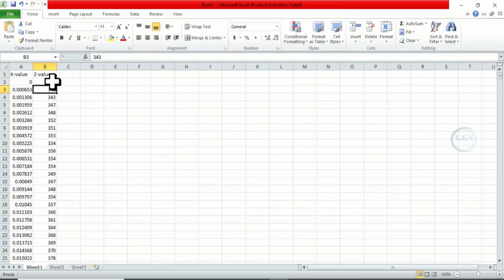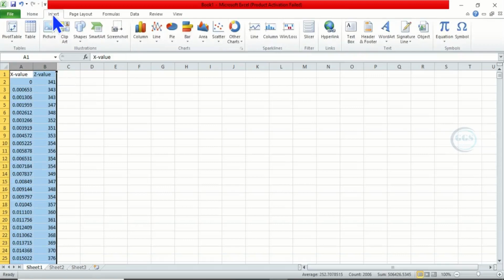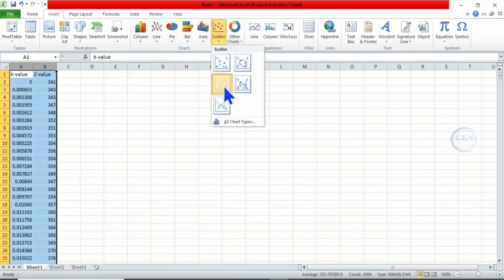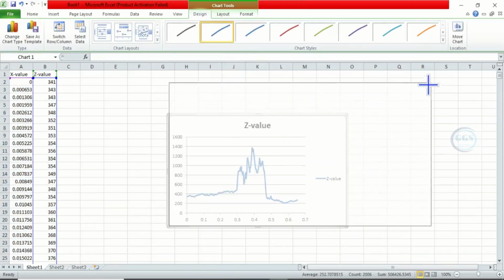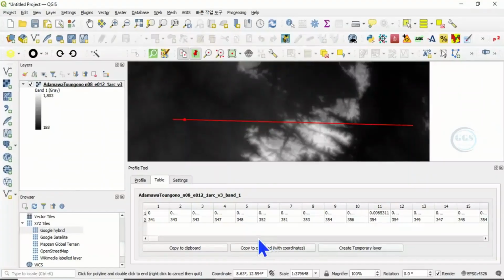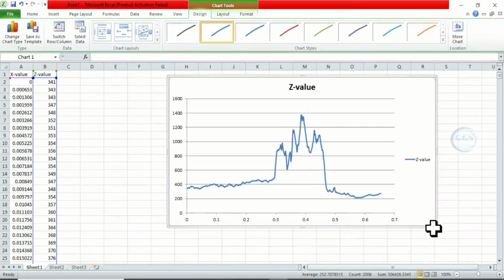If you want to do further analysis, you can equally plot the graph here. Come to insert and choose any one. You can see, you can expand this. So you realize that, see the result you get here in Excel. You can see it also here. If you come back to profile, you can see it here. This is it. If you expand this,